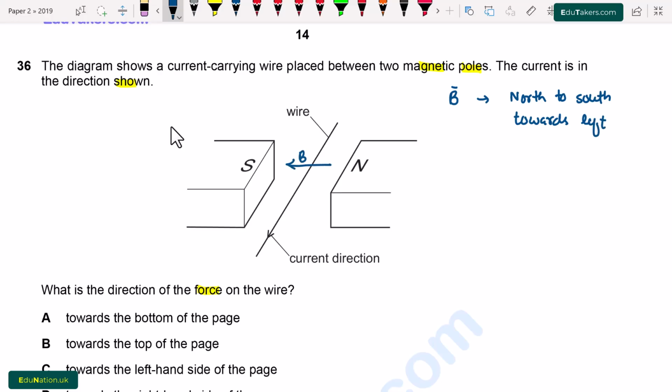And the direction of current is also vertical downward. I use here the right hand rule. According to this rule, I have to curl the fingers of my right hand from the direction of current towards the direction of magnetic field. It would be like this.